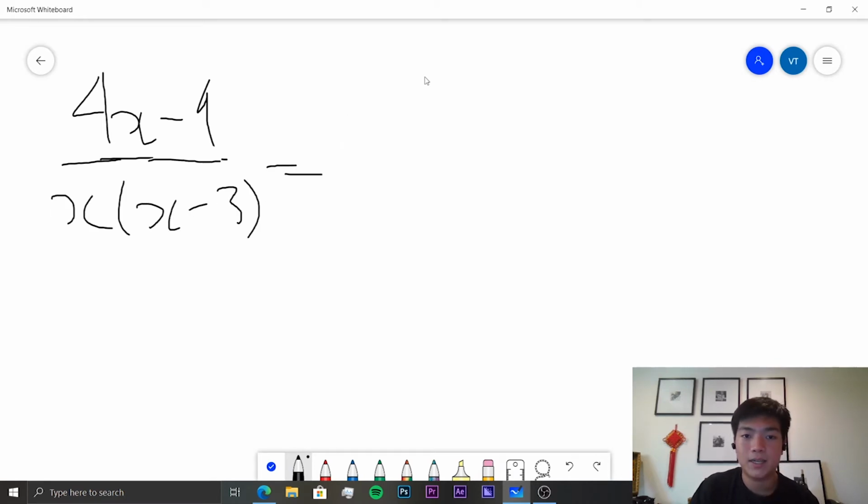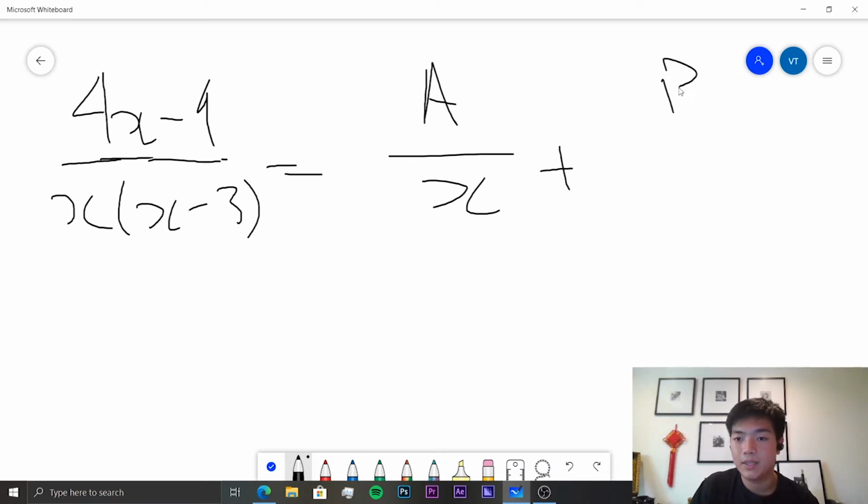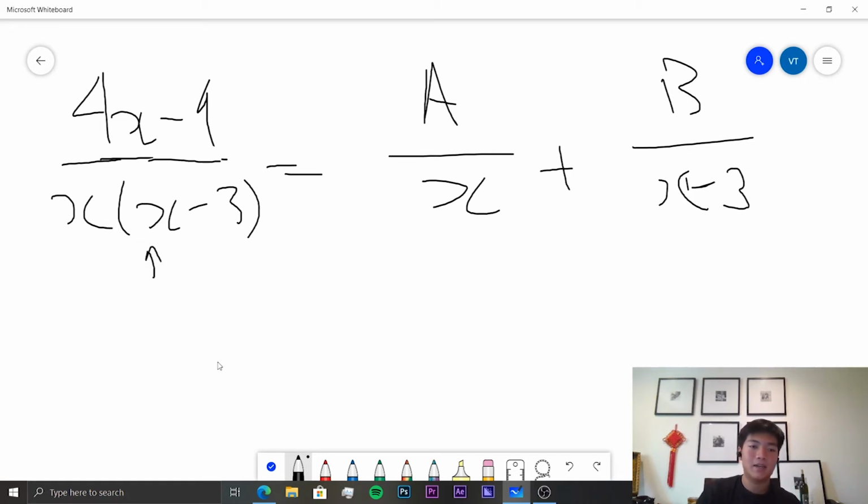And so our partial fractions would be a something over x plus something over x minus 3. So now multiplying both sides by this denominator, we have 4x minus 9 is equal to a times x minus 3